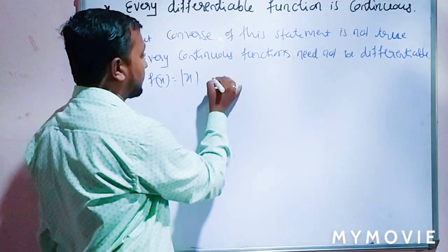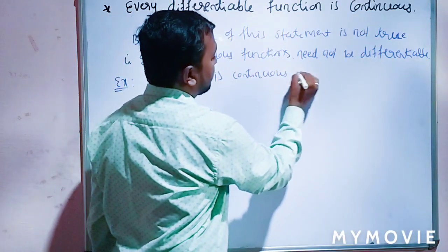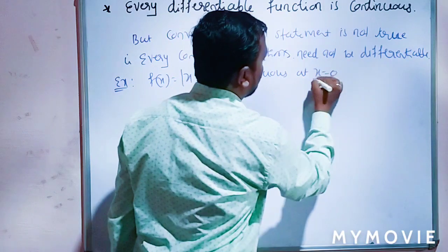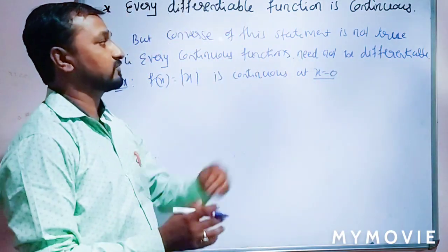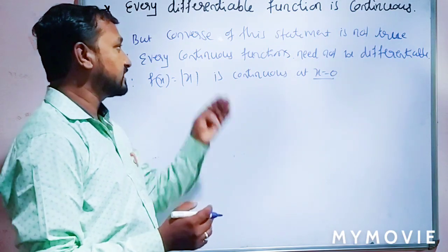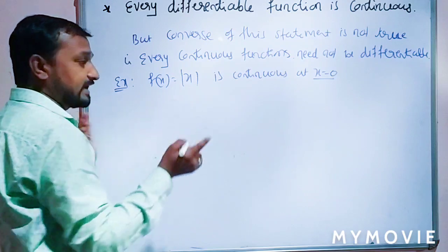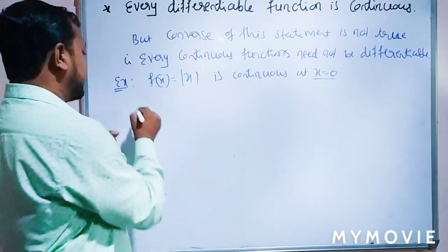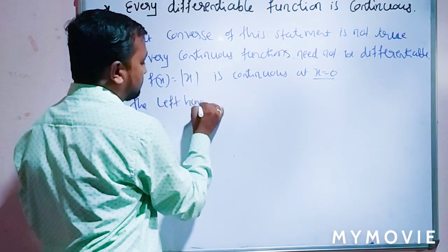f of x equal to mod x, we already know, is continuous at the point x equal to 0. Then we check this point. Already we know the left hand derivative and right hand derivative. Here the left hand derivative